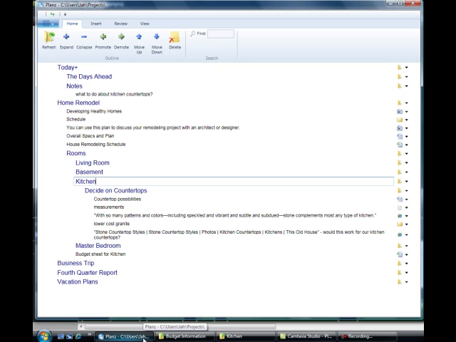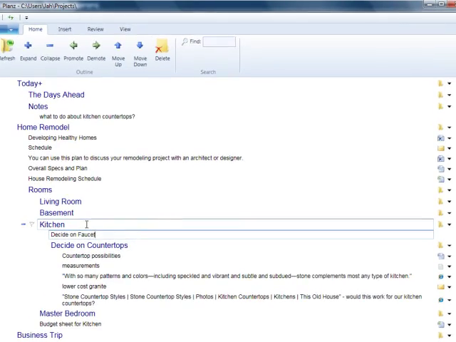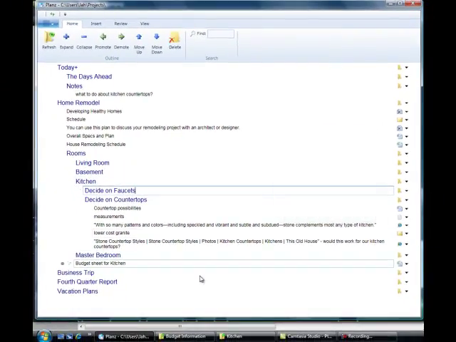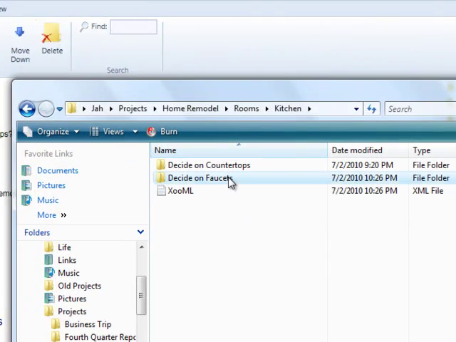What I especially like about Planz is that it is basically just another view into my file folder organization. As I add a new subheading to my plan, for example, for something like Decide on Faucets, this is just another way of adding a folder. Planz lets me use my file folders to organize not only files, but also other kinds of information that I